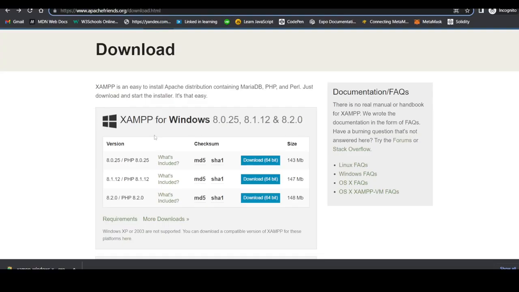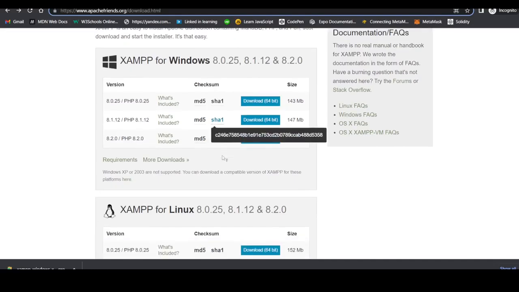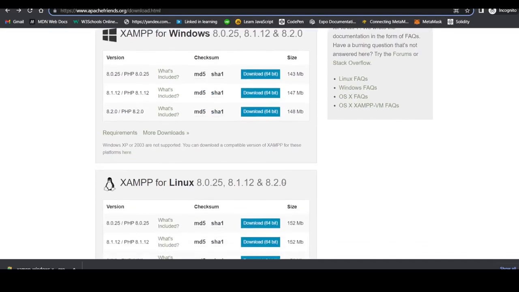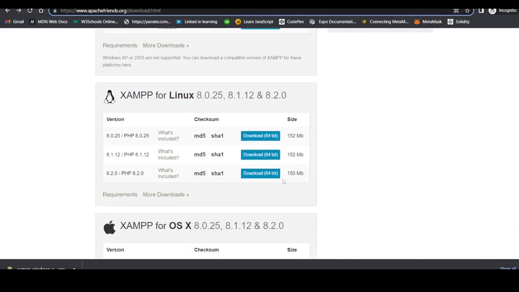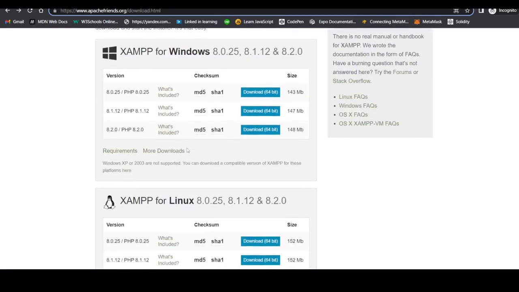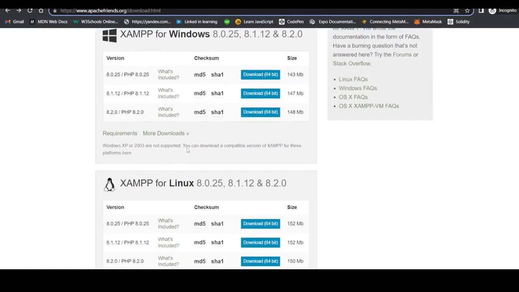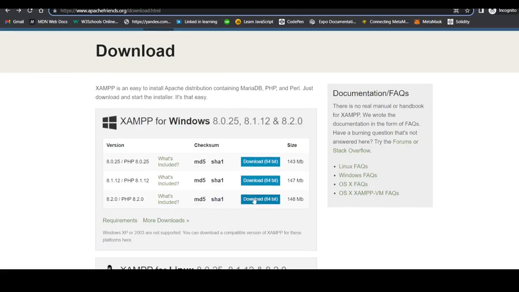access it quickly. So once you click on the link, you will see this window here with options of downloading XAMPP for Windows, Linux, and macOS. For this tutorial, I'm going to use the Windows operating system. So I will click on the latest version of XAMPP for Windows, and in my case right now it is 8.2 at this time of recording. So I'll click on the download button,